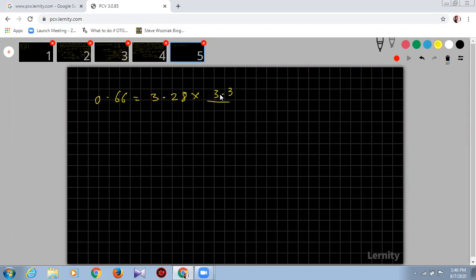How did it come here? 3.3 gram of non-volatile solute here. Okay, but we don't know the molecular weight now. That is divided by 125 by 1000, because the weight of solvent here is 125 grams. Okay, that's the case. So if you solve it here, the molecular weight is equal to 131.2 grams. So this is the case.